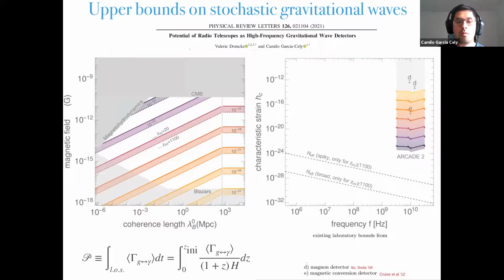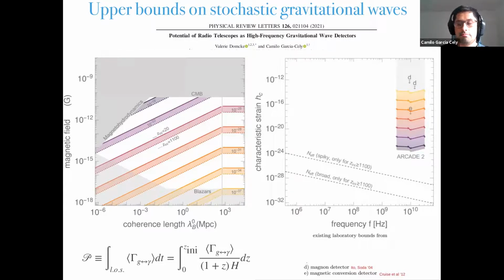Okay, now for comparison, I show the inflationary bound, assuming a broad spectrum, so almost scale invariant over 1 decade or something like that, and then a spiky spectrum, because the inflationary bound depends on what sort of spectrum you have. So if you have something like a line, you really have a weaker bound. Okay, and then for comparison, I'm showing here laboratory experiments.